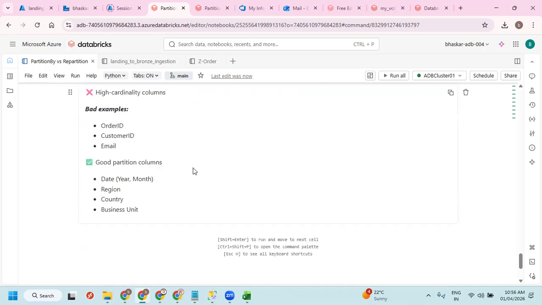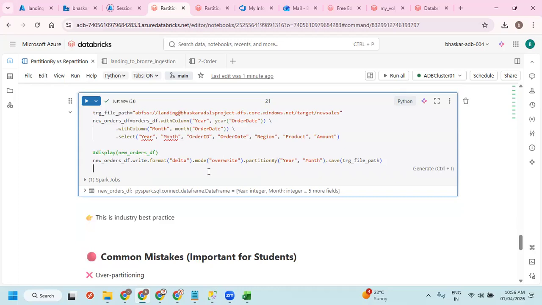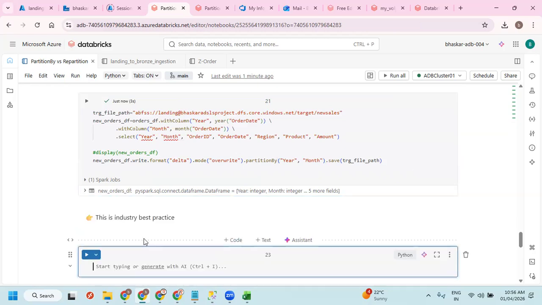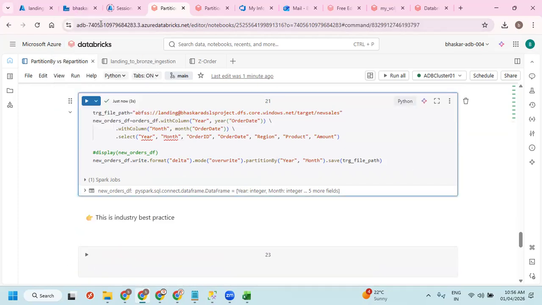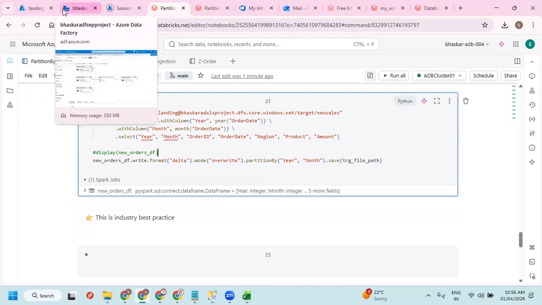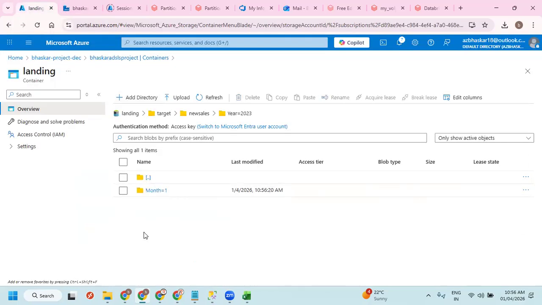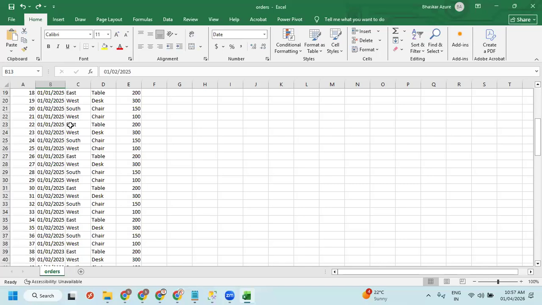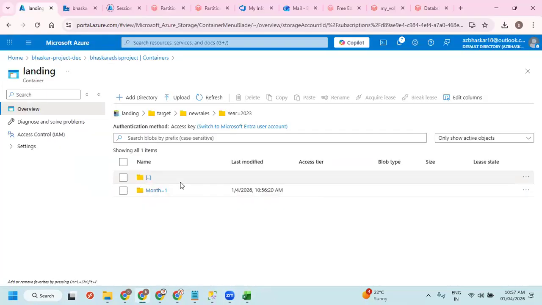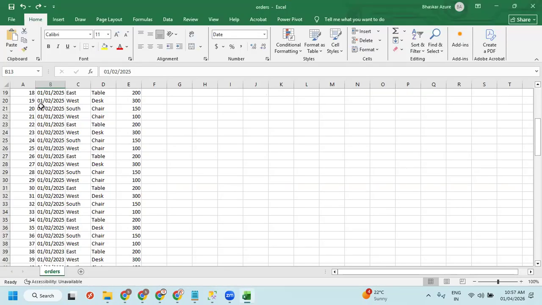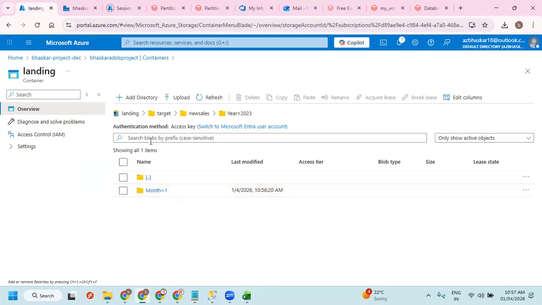Okay, now I wanted to read the data from this particular place. The partition is by year and month, so inside year, month should also be there. Of course. Yes, only one month, because we have data for one month only. So just try to adjust this data and then you can get it. The way I did it for year, you can try for month. Then you will get multiple things.